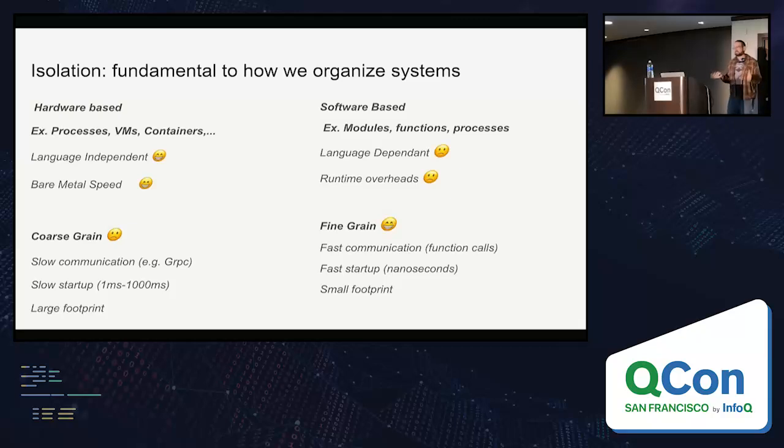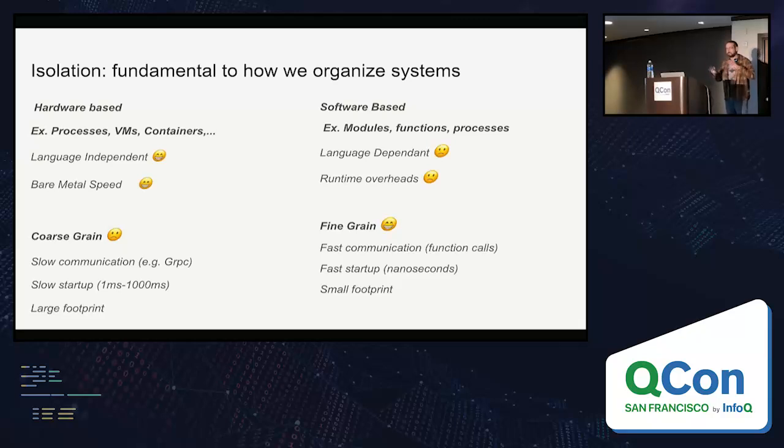So isolation is fundamental to how we organize systems. We have two different technologies to do this. We have hardware-based isolation, which relies on page tables and protection rings, and this is what processes, VMs, and containers are built on. We're all familiar with this. It's language independent, bare metal speed. Unfortunately, it's designed to be relatively coarse-grained. Communication between different protection domains is quite slow. Starting one of these things up is quite slow, and it has a relatively large resource footprint. Fundamentally, hardware-based isolation today is not about